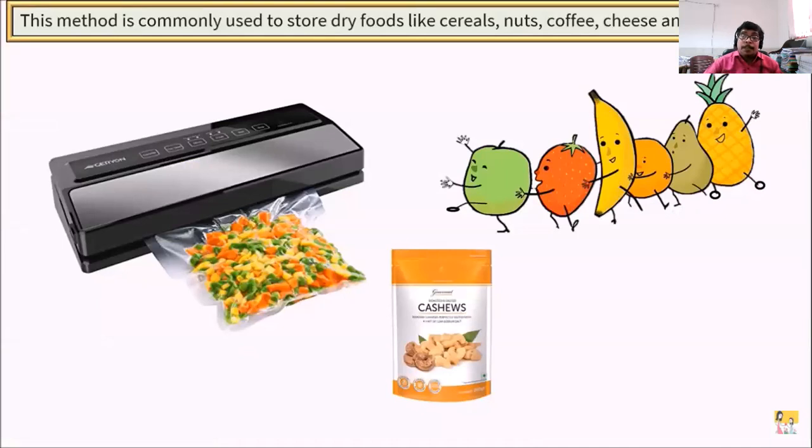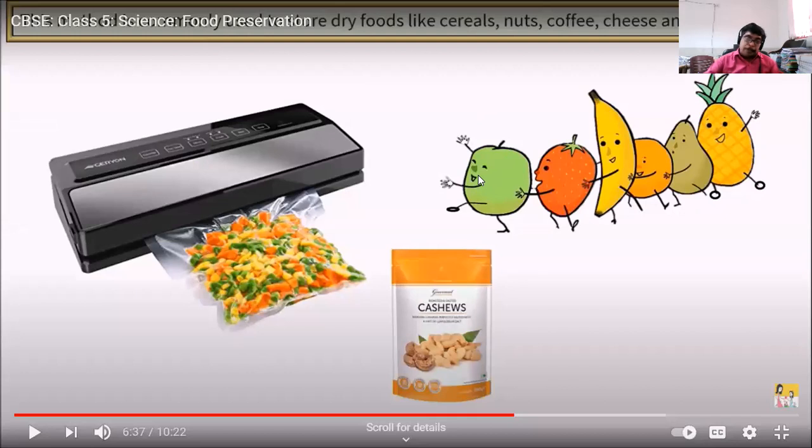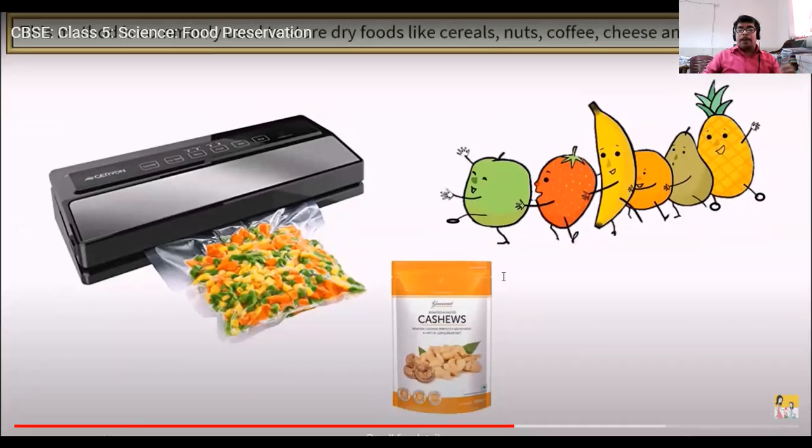Now let me summarize one more thing. What we noted down in the previous class: perishable food items, perishable जो food सड़ने और गलने वाला होता है. Perishable food items are subjected to the refrigerator. Now, non-perishable, जो सड़ता गलता नहीं है,